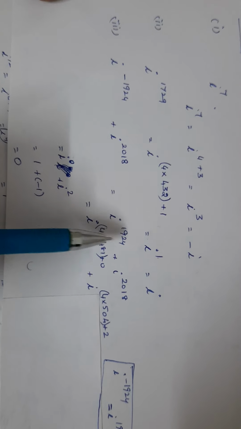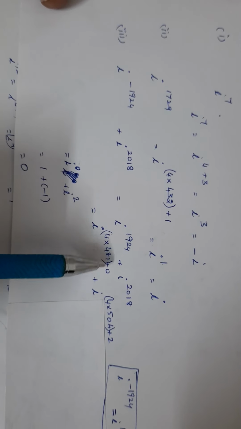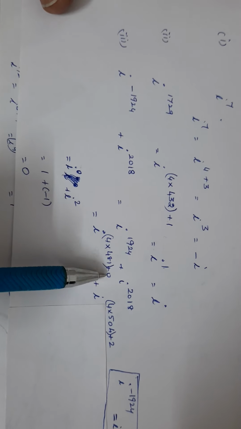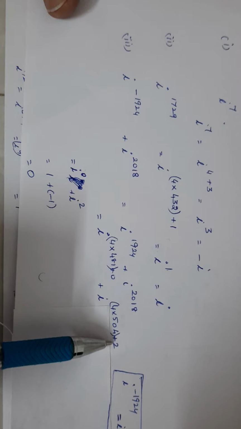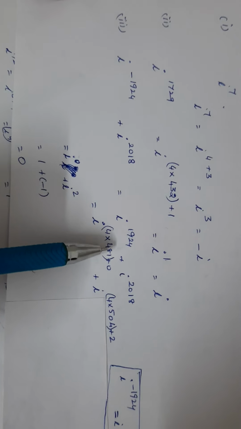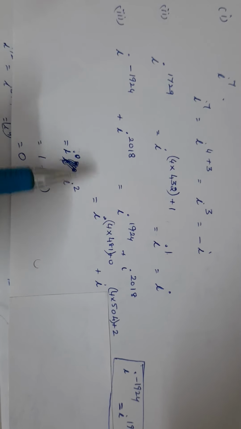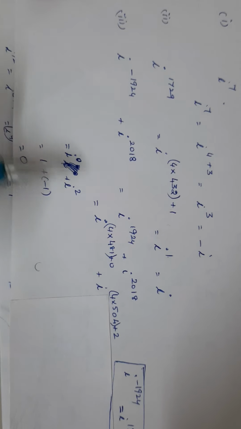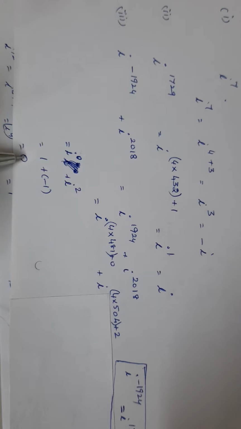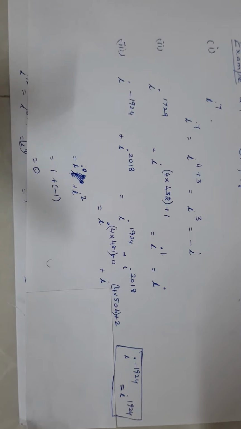Now divide by 4. 1924 is exactly divisible by 4, so the remainder is 0. Again here, for 2018, the remainder will be 2. So leave the quotient part, because whatever bigger number it may be, the value will be equal to 1 always. So leaving that, it will be i power 0 plus i squared. i power 0 is 1 and i squared is minus 1. So on adding these two, the value will be 0. So the value of the problem is 0.